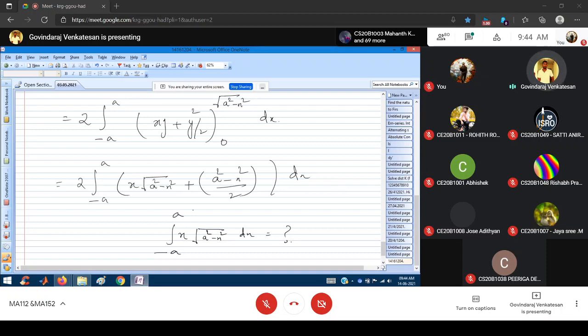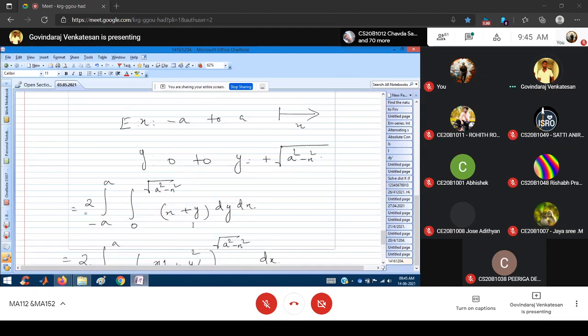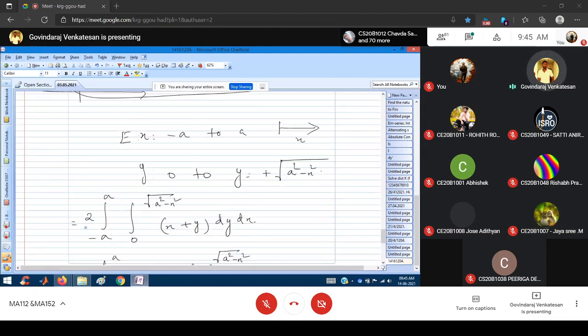You can apply the integration by parts, right? So while applying the integration by parts, once you know this formula, you can directly write that formula. So putting the upper limits and lower limits, you will get the answer. Okay. So instead of solving this very difficult integral, this is the drawback in our Cartesian coordinates.